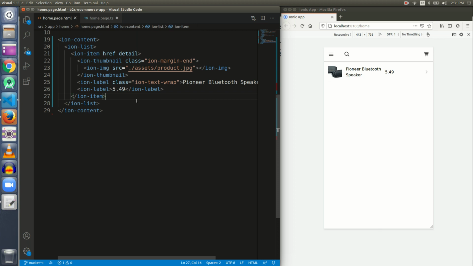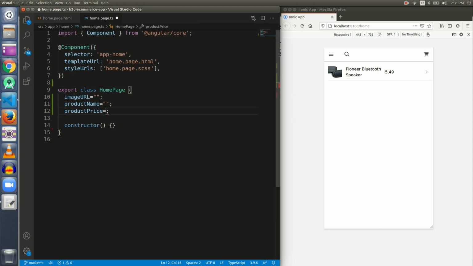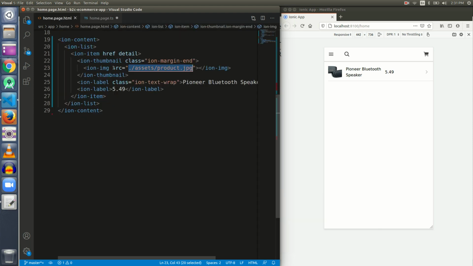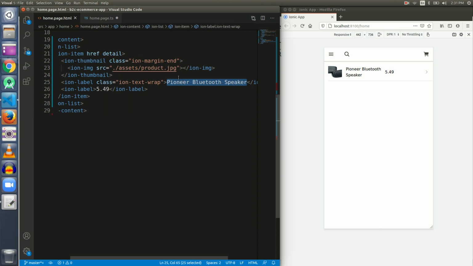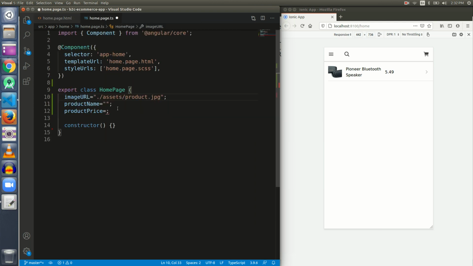So let's get the image URL from here, copy it and paste it here. Let the product name be copied as well. Product name is again a string, and product price is 5.49.